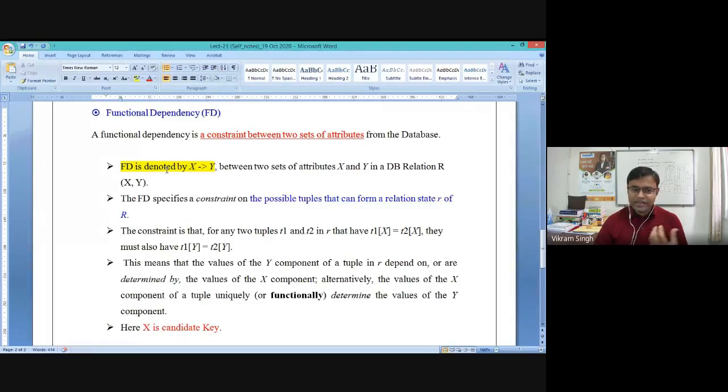So FD is denoted by X → Y between two sets of attributes X and Y